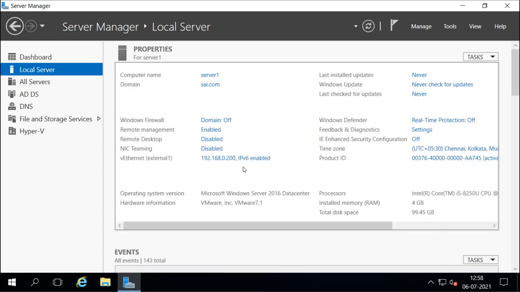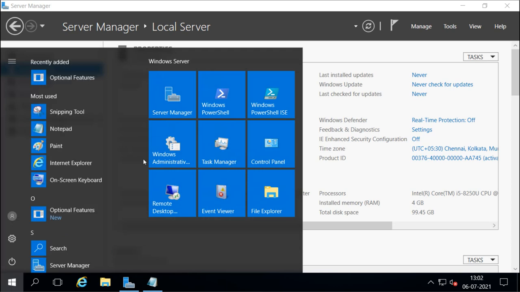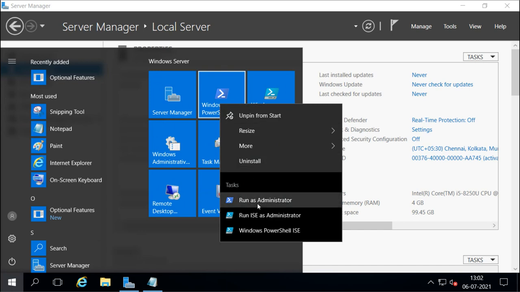Now next we have to update the PowerShell library so that we can go and install the kernel, and install Docker and the container. I will run PowerShell as an administrator, and I will try to update the PowerShell gallery.